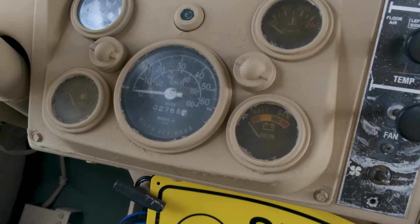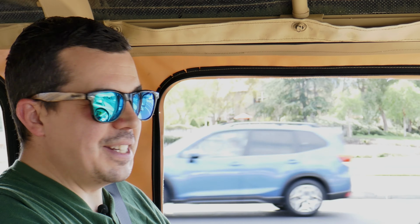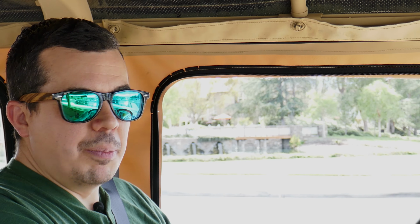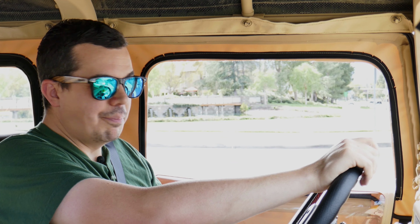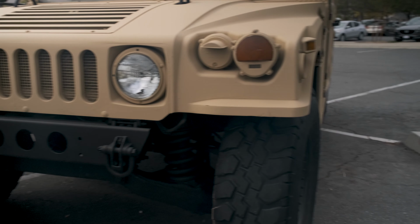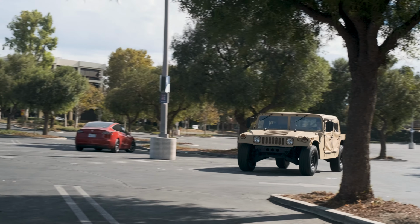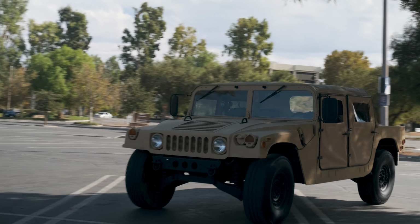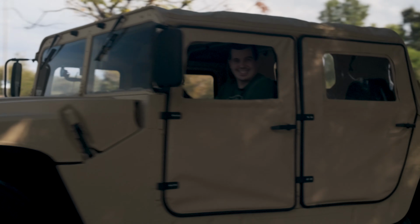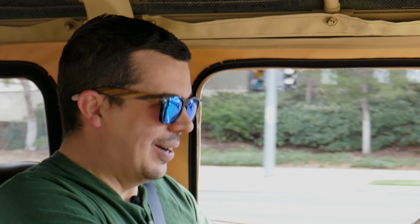I would say 0 to 60 is about yes, and 60 to 0 is probably. But you don't buy this thing to win street races. This thing is purely a toy. This thing is just designed to give you the enjoyment of driving around town in a military vehicle that sounds like this. I am now all in,